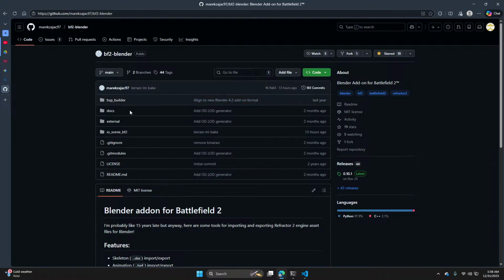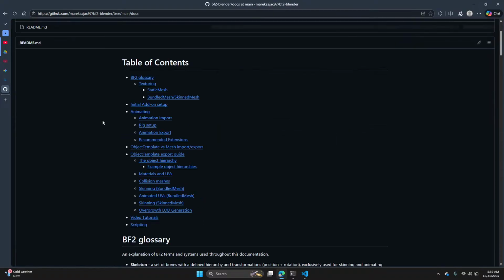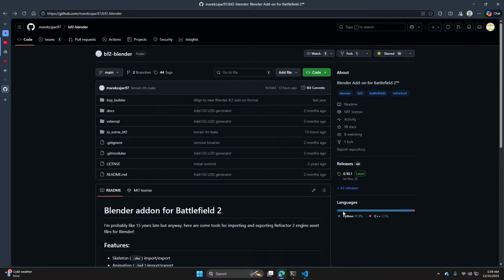So you're able to take Battlefield 2 maps, assets, and whatever, and edit them in Blender. You can import and export Battlefield 2 things. It's written mostly in Python and C++, and there is some OpenGL stuff in here, if I recall correctly. So that's why I'm killing two birds with one stone.